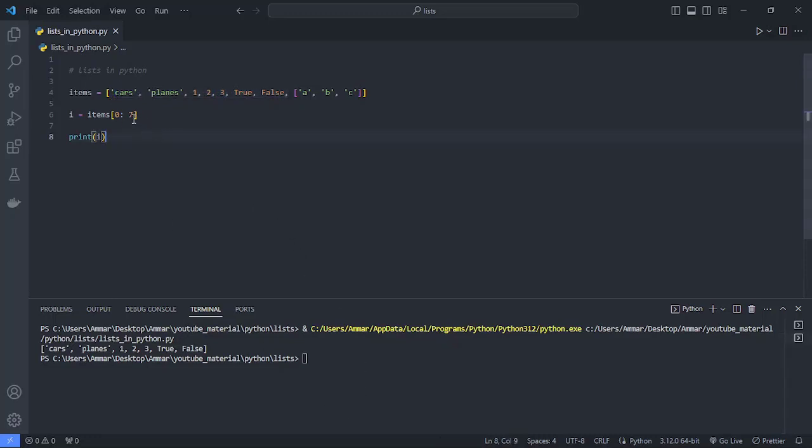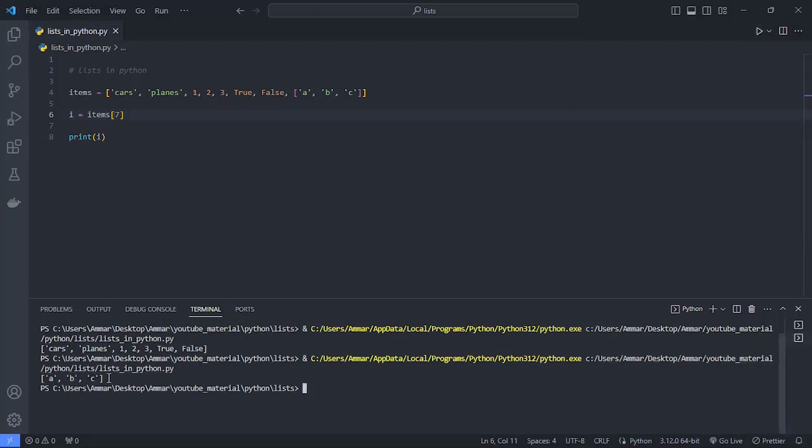So, for example, if we want to make sure what's the 7th item on this list, I will type items and the index of 7 to see what's the 7th part of this list. Then we get this list ABC, and it's not included, as I said, in this extracted list. So you have to keep in mind when you do slicing, the last item that you specify its index